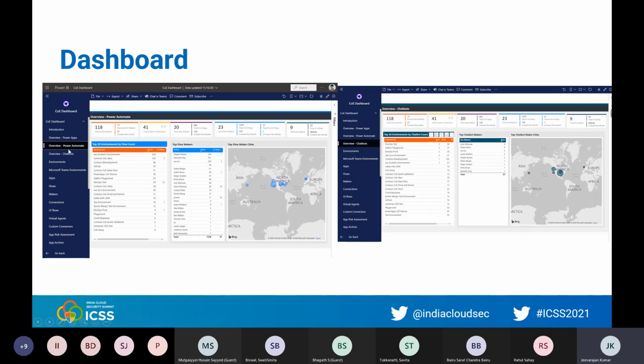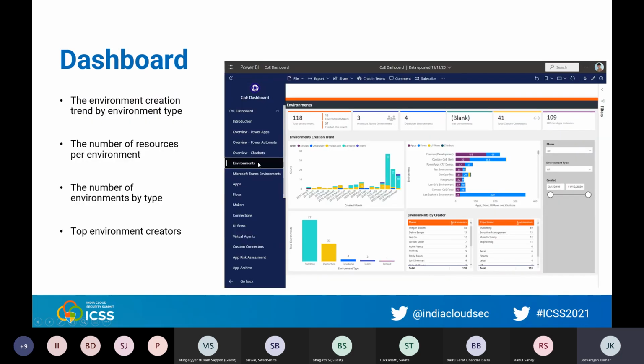And you can see different dashboards. This is the Power Automate dashboard, and this is the chatbot dashboard, the Power Virtual Agent dashboard. You can also see the dashboard for the environment itself, the default environment, the developer environment, and the production. So how many apps are running on production, and on which dates and in which month have they been deployed? You can see the apps and the flows in this environment, who the creator of these respective apps and flows is, and you can also filter it